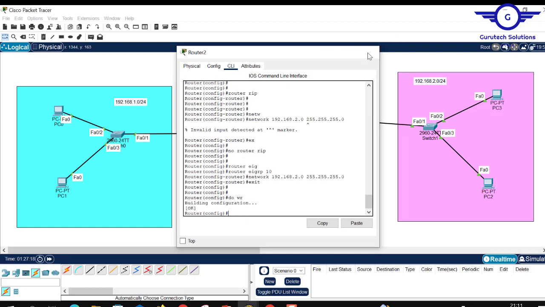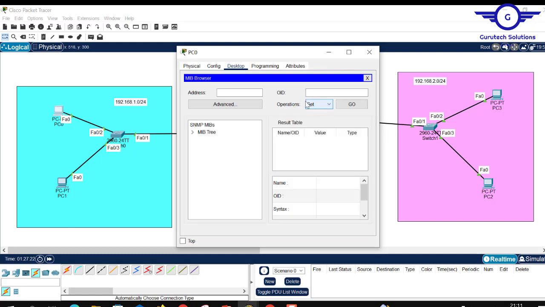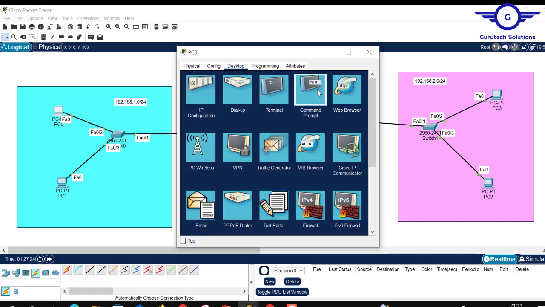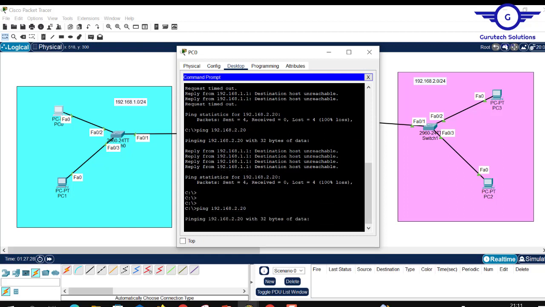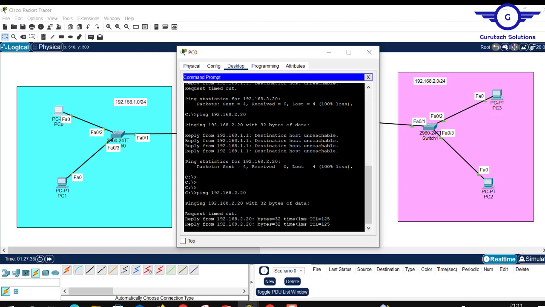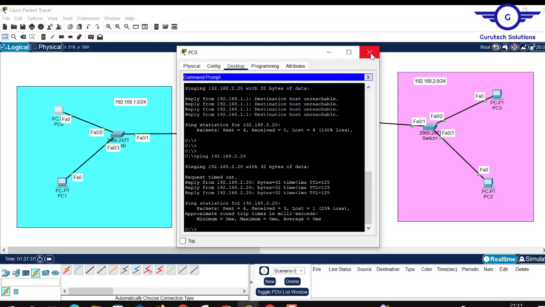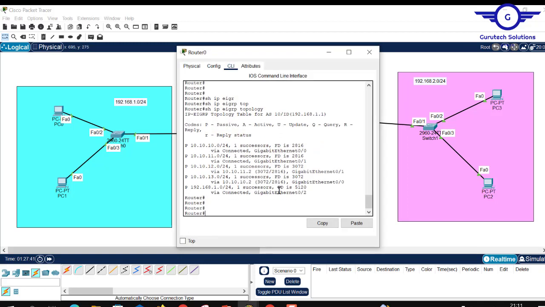So I'll go to this PC again and ping the destination that refused to connect. That destination was refusing to connect, so I'll try to ping it again and see. So you can see it's now working. I was just a little bit confused. So if I go to this router again and type this information,